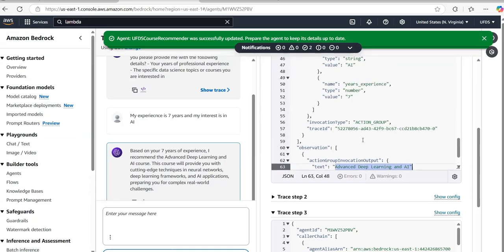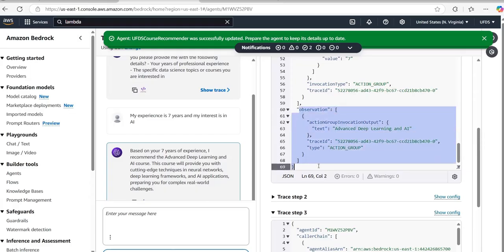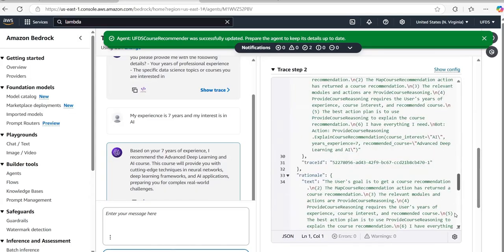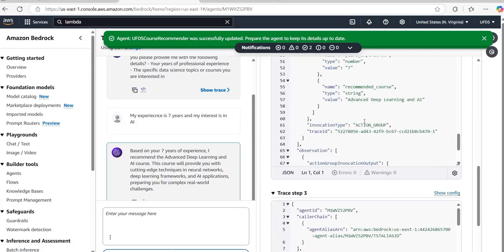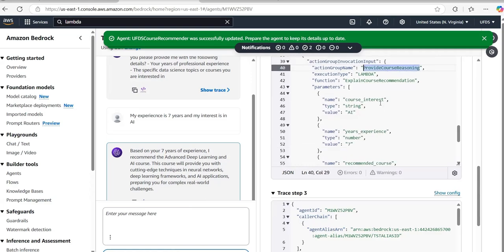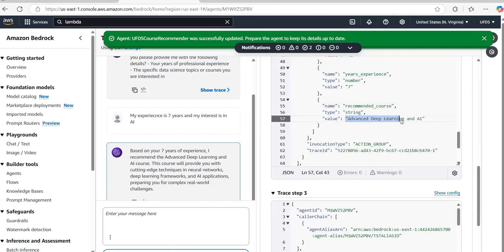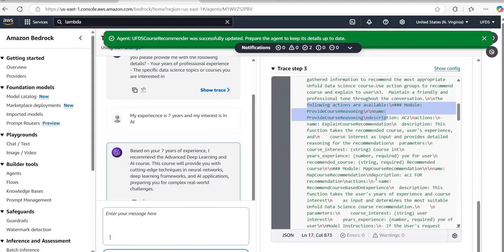Okay. So this way, if you see the trace, you will understand what is happening. So this is trace 1. Then you can go and see trace 2, how the flow is happening. And then you will see that in the end, observation from trace 2. So this is basically your call to provide course reasoning. So how many parameters does provide course reasoning take? 3 parameters: course interest, years of experience and recommended course, and observation is basically the output of that. So this is the output of that, and then all these things together is what you see in the front